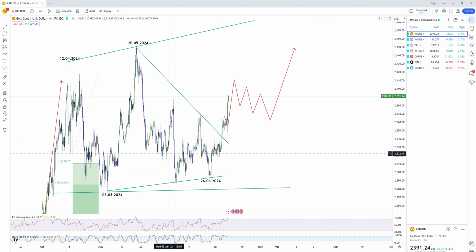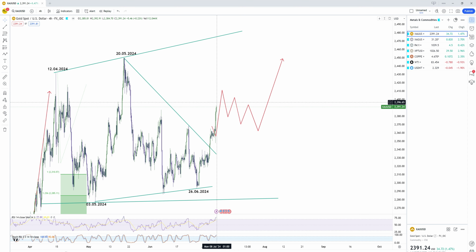For gold, we have also been explaining for a long time about this specific correction in gold, about the structure and what it was saying to us overall for the market. We have explained the overall bias is to the upside, and buyers should have resumed the upside, and this is exactly what we can see over here. More upside can be seen in the short term, but of course here were the buying areas, not here. You don't buy from here. Here was the buying area. More upside within this move before we have a small pullback, and then we continue higher.